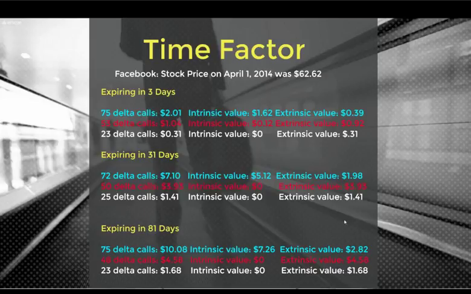So when we look at the options expiring in 31 days, you can see that options become more expensive, and this is what really affects people's decisions, because they go, well, I'll just buy the cheaper option. But when you pay up, you get a better option, and it's really about understanding intrinsic and extrinsic value. So even at 31 days, you see the 72 delta at $7.10. The intrinsic on that is $5, so you're only exposed to that component of time and volatility of about $1.98.